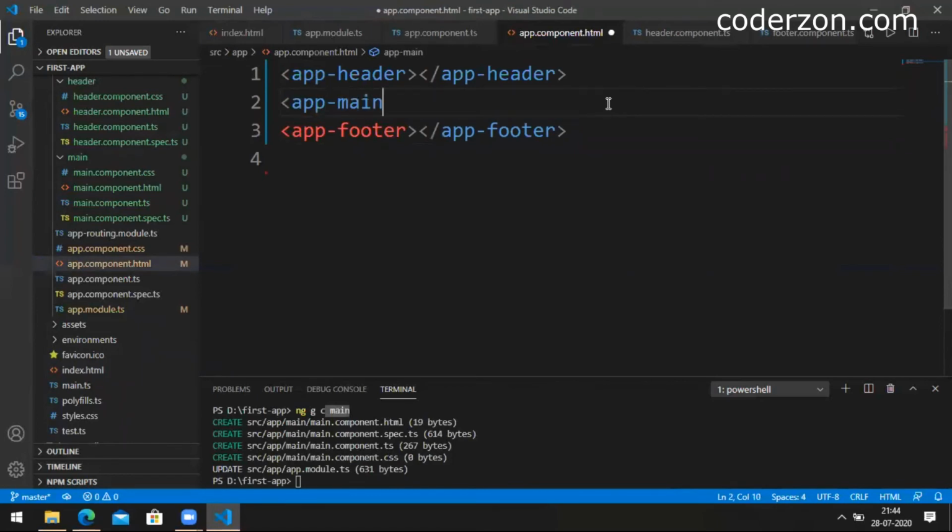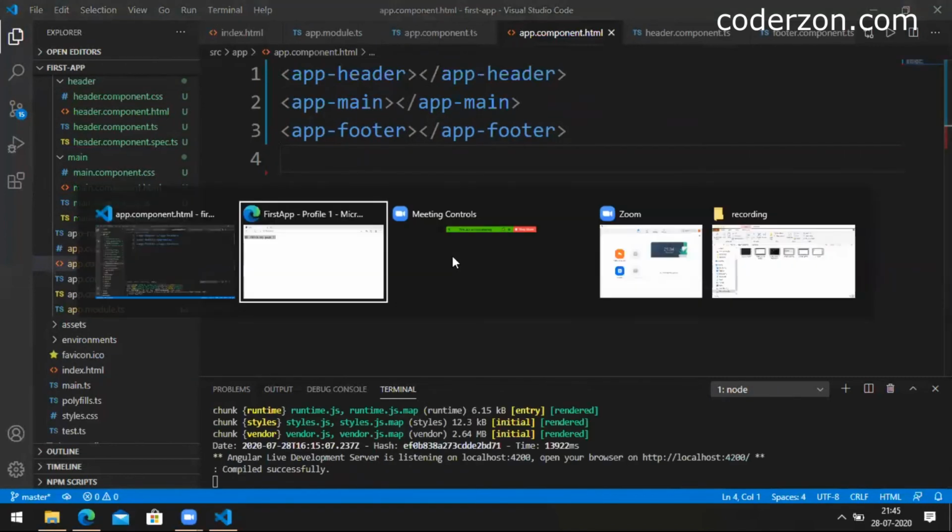These are the selector tag names which we have mentioned in the TypeScript decorator. Now File, Save All. Now serve the application with ng serve.